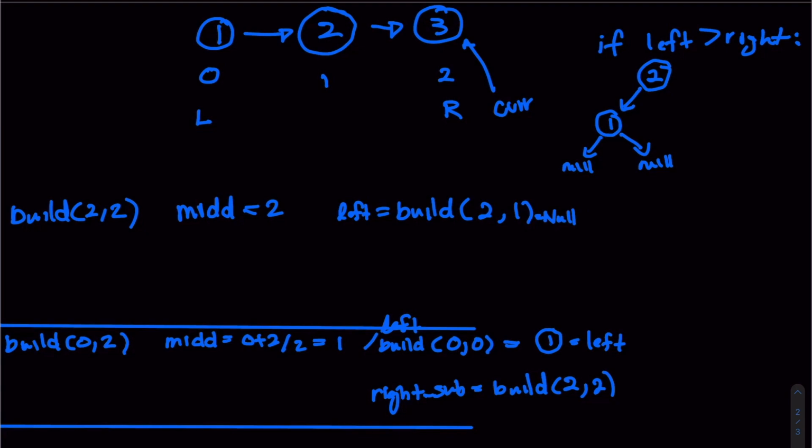And now what we do is we create my node, and I see my current pointer is at 3, so I create my node 3. Now I know this side is assigned to null, so I just put null, and now I'll try to build. I'll move my pointer, but it ends up being null, because there's nothing over here, so this current ends up hitting null. But now I try to build the right side, and now I say build on 2,